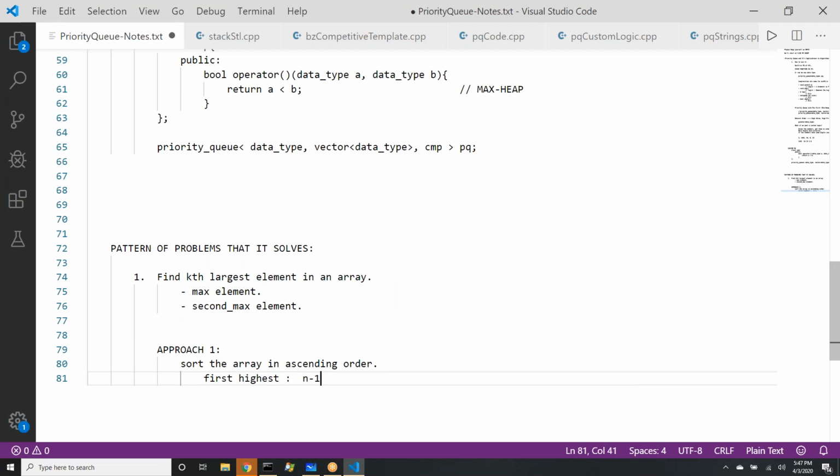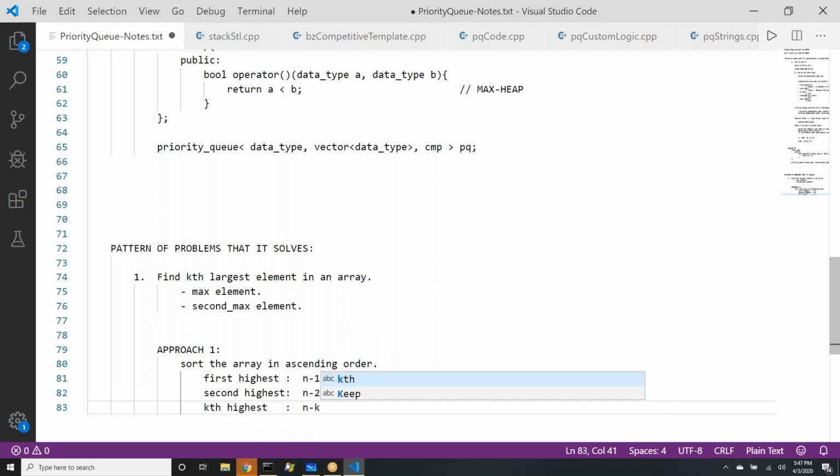Yeah, it will be n-1. Second highest, it will be at n-2. Right? Where will be kth highest? At n minus k. Shouldn't it be n minus k? Why n minus k minus 1? N minus k, right? Yeah.